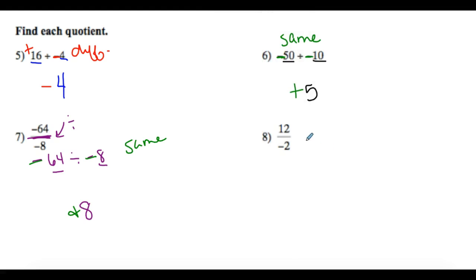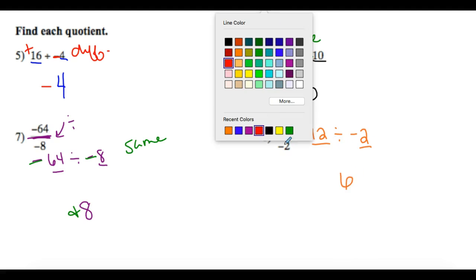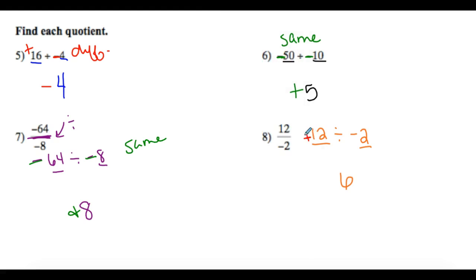So the next one, I see I have 12 divided by negative 2. 12 divided by 2 is 6. Okay, and then from there, I have a positive number and a negative number. Positive divided by negative, those are different, which means my final answer is